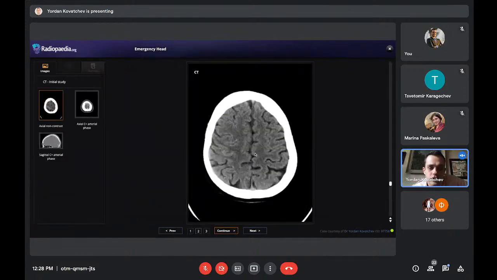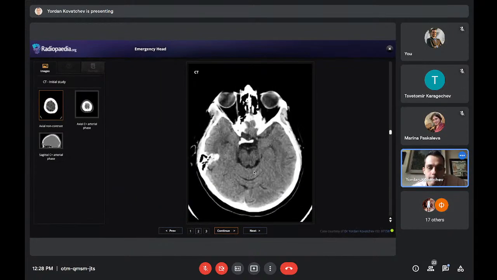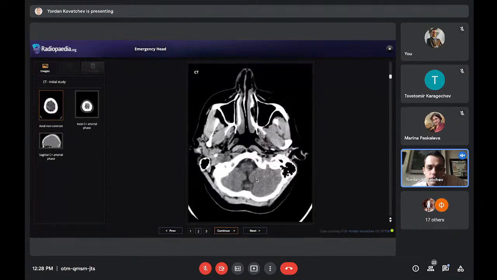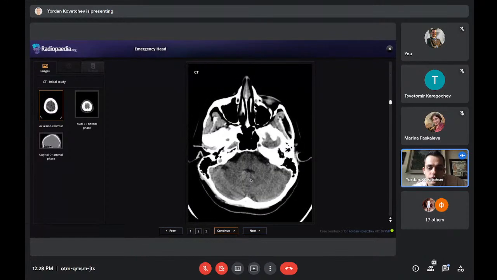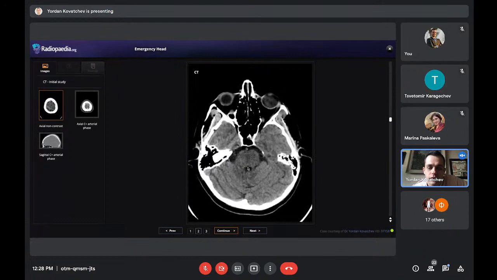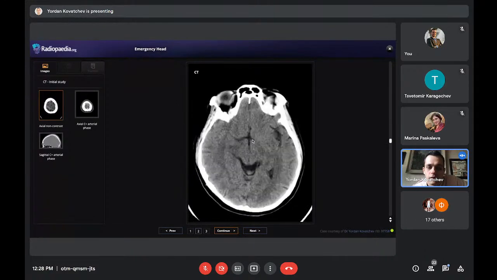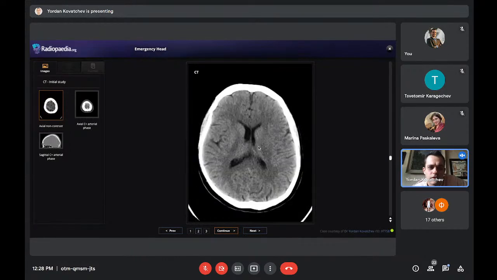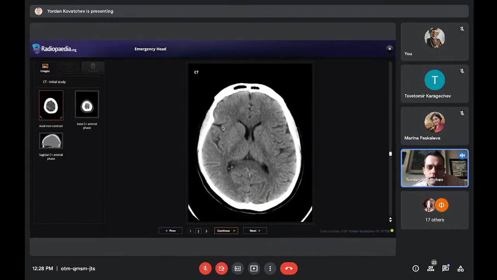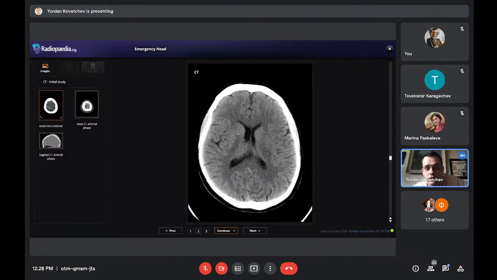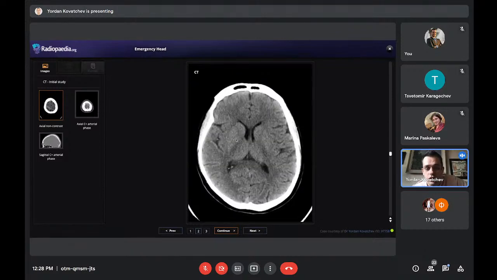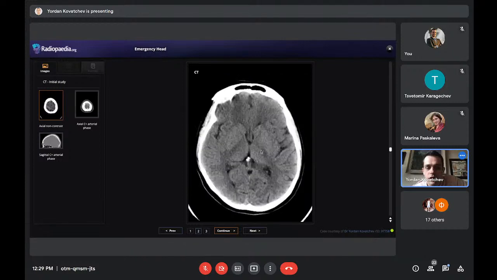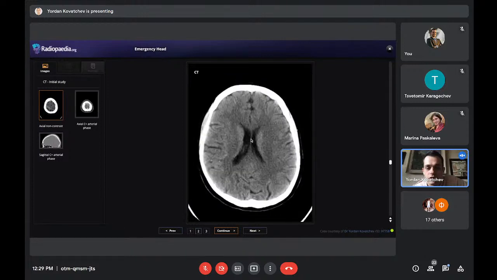So I get the patient. I look at the CT, I start from the bottom, everything seems fine, so on, infratentorial, there is no effacement, the parenchyma looks fine, the basal ganglia look fine. I was really worried here. What were the complaints? Left side, right? So I'm looking at the right side, looks fine. I'm looking everywhere, of course, but the focus here looks fine. There is no loss of gray-white matter differentiation. There is no sign of edema. There is no sign of midline shift. There is no sign of hydrocephalus. The ventricles are normal size.